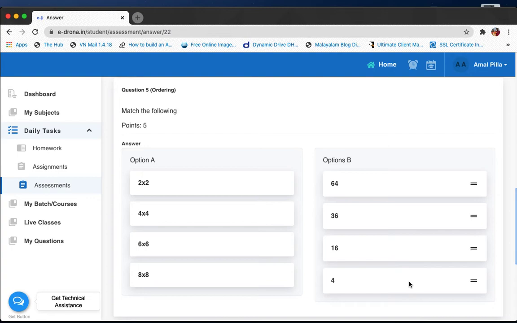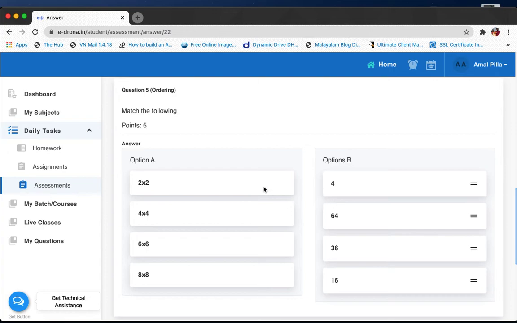So what I'm going to do right now is press my mouse on the right hand side of the respective correct answer, click and drag, and put it right across from the question. The question was 2 into 2 and the correct answer is 4. I just dragged by pressing on the two bars on the right hand side of the option, and matched it to the correct option on the left hand side.